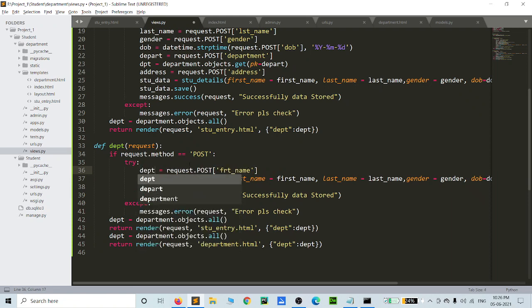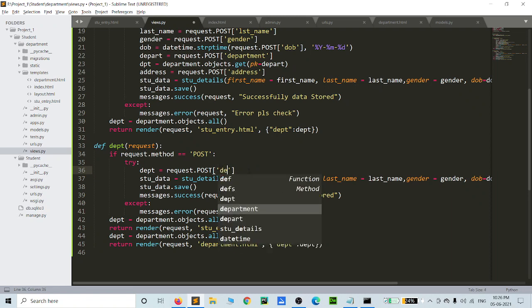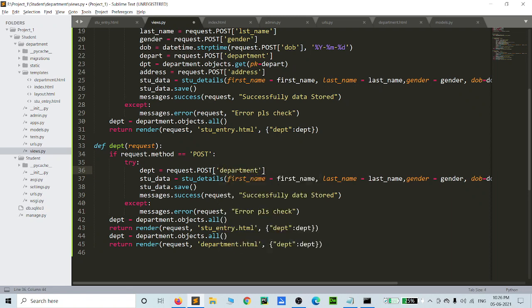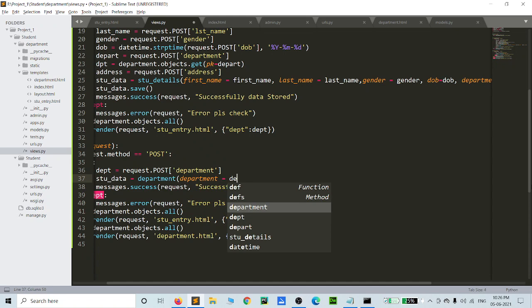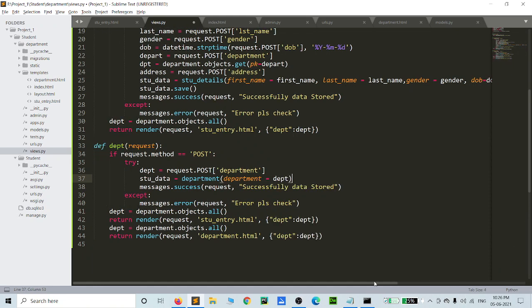The name is department, so this kind of value, department equal to dept. Okay, successfully department stored is the message: department stored.